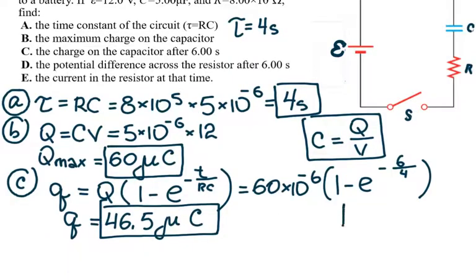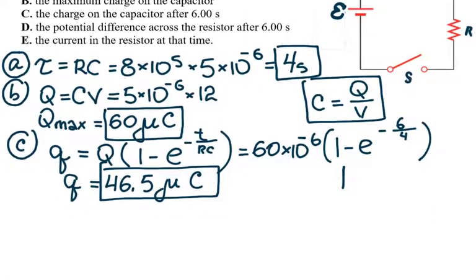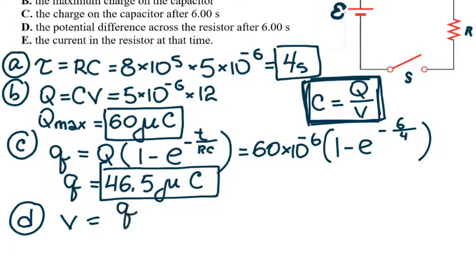Next question, they ask you to find the potential difference across the resistor after 6 seconds. So the potential difference is voltage for D. So the voltage, again using the formula, is going to be equal to the charge on the capacitor after 6 seconds divided by the capacitance of the capacitor. So that is 46.5 micro, which is 10 to the negative 6, divided by the capacitance of the capacitor, which is